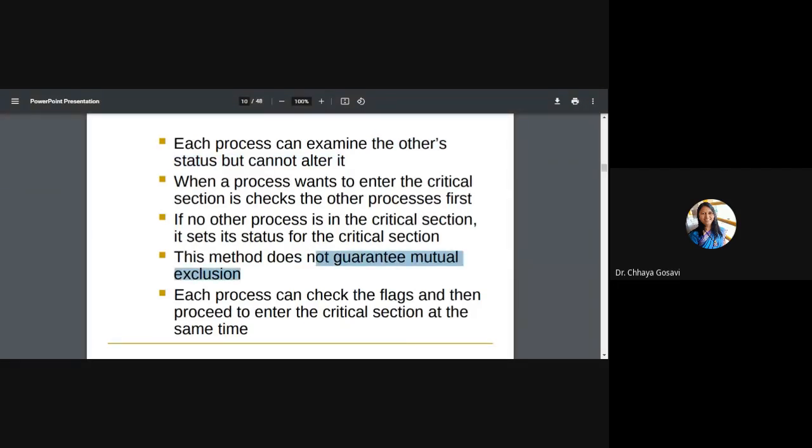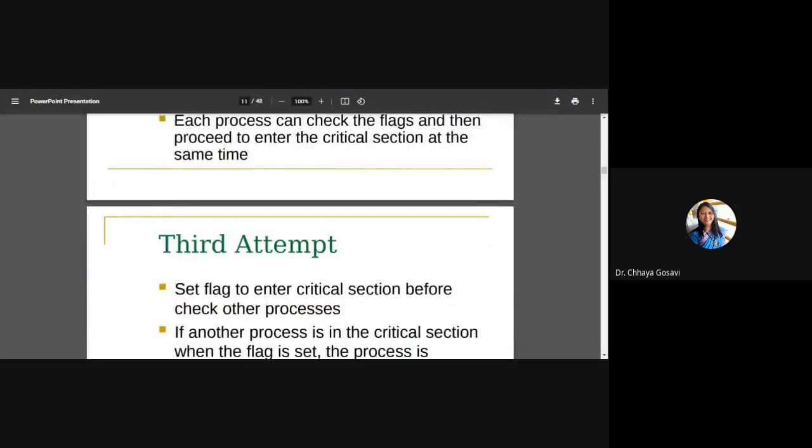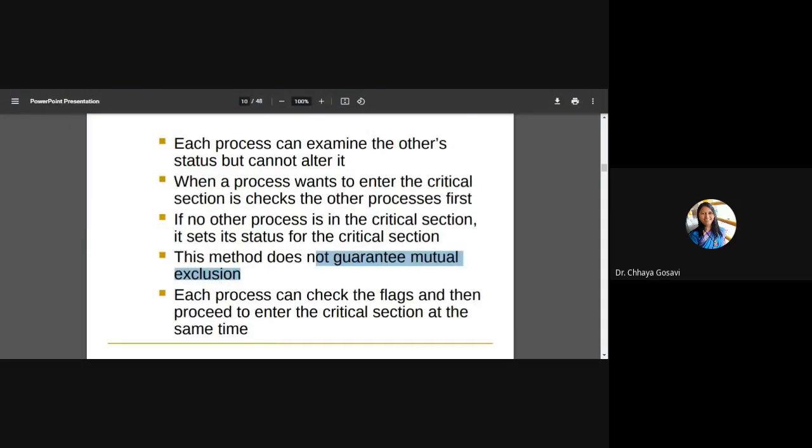As per the algorithm, if the critical section is free, the process that raised the flag first is allowed to enter, and if more than one process raises their flags, they must be allowed to enter, which does not meet our first condition, mutual exclusion.